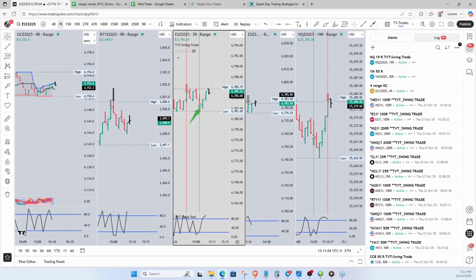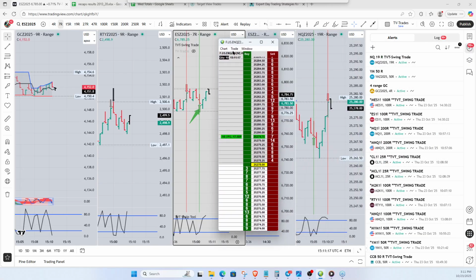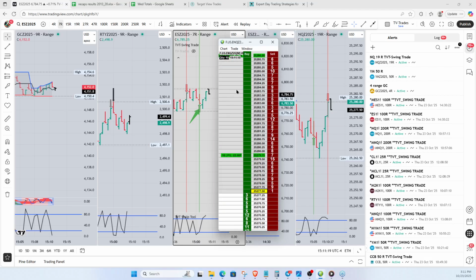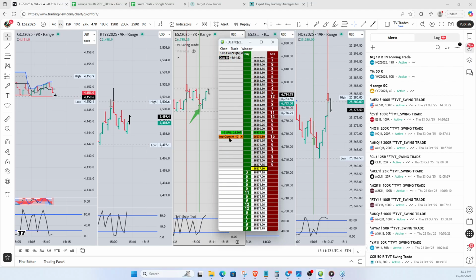Alright, and over there on the NQ, it's selling off. Right here now, it's already moved down quite a bit on the NQ. So if you didn't get it, it's kind of late to get it now. I think it just bumped my stop. No, it didn't bump my stop yet. There, now it just bumped my stop to plus 1 tick. So I'm going to lock in 4 on that NQ right now.